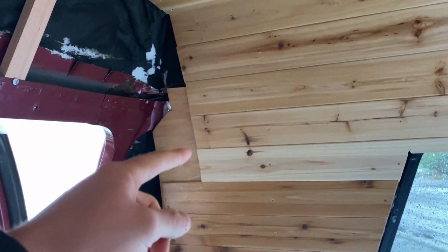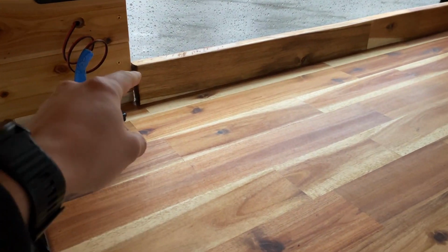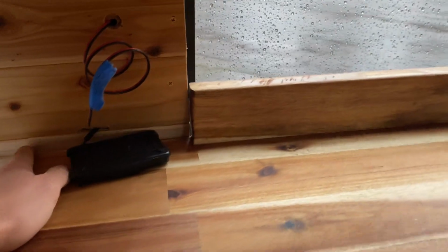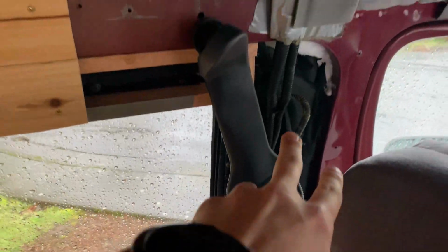And now we have to finish up this corner, get a nice back plate here. So the countertop is in its final form. We went ahead yesterday and removed it and made another cut right here so it could sit a little bit more flush into the window. We did the same over here. And we're gonna have to just cover off this little section to finish up this bit, but